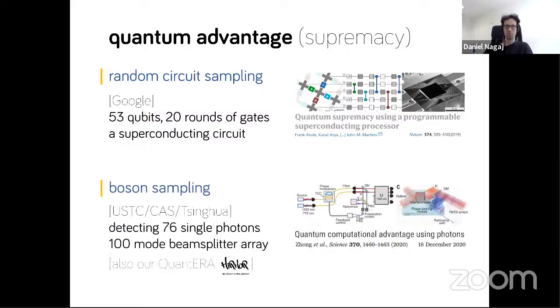The second type of game that people are playing is called boson sampling. The first one was done by John Martinis's group at Google. This second type is done most recently, most powerfully, by the group of Pan Jianwei at the University of Science and Technology in China. The game that they play is that they put individual photons on the inputs of a large array of beam splitters. And again, they are looking at statistics on the output of the system of indistinguishable photons.